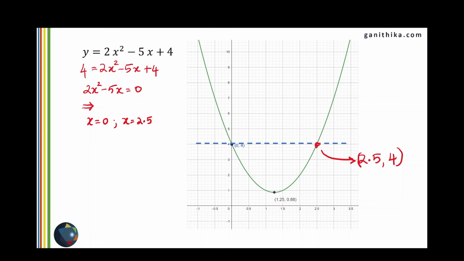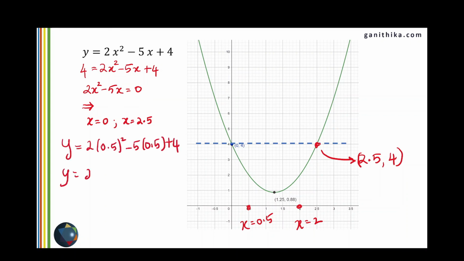But in case if you want to be more perfect, you can choose any 2 other points of x. Say for example, you can choose from either side of the minimum point equal distance from that. Say in this case 0.5 and 2, which are equal distance from 1.25. So if you choose x is equal to 0.5 and x is equal to 2, you could choose anything. You could also choose another y value as you did for 4. You have many different methods of doing that, but the simplest method is to choose 2 x values on either side of the minimum point, which are at equal distance from the minimum point. In this case, I am choosing 0.5 and 2.